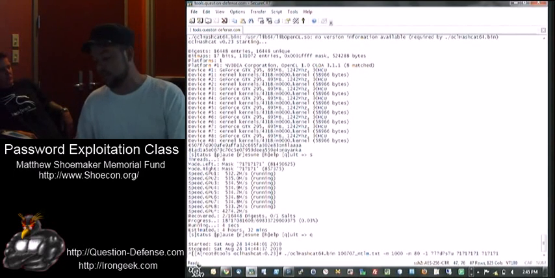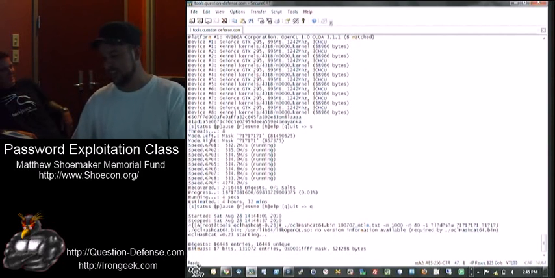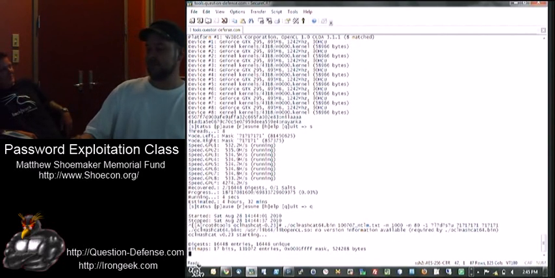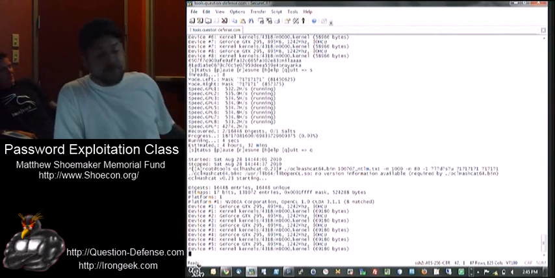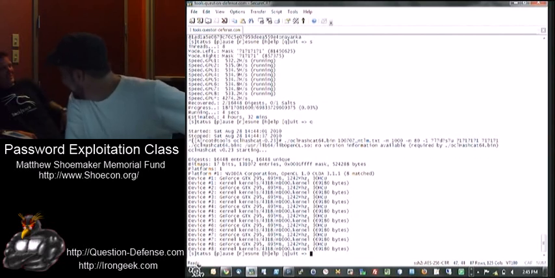Now NTLM is -M1000, and we'll see if these are actually NTLMs. I think they're just going to all be MD5s. So the -M specifies NTLM, and I bet they are just MD5s. That's hilarious.